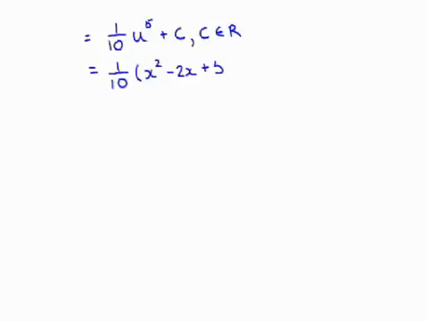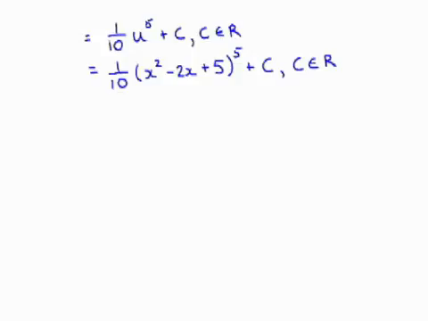This would give me 1/10 u to the 5 plus c, where c is an element of reals. And therefore, when I substitute back in for u, I would end up with 1/10 times (x squared minus 2x plus 5), where all of that quadratic expression is raised to the 5, plus c, where c is an element of reals. Now, this would be fine if the original question had been an indefinite integral, but that's not the